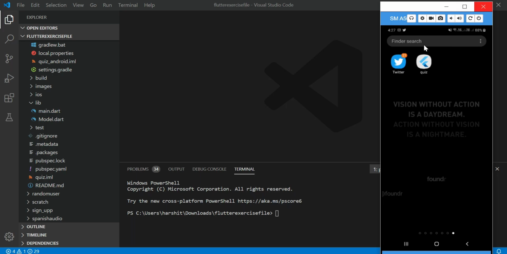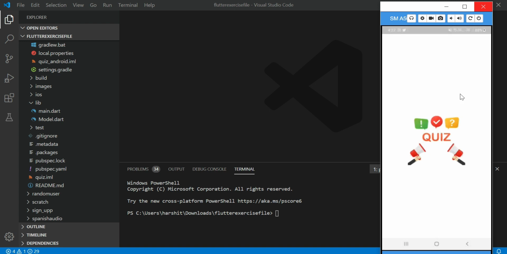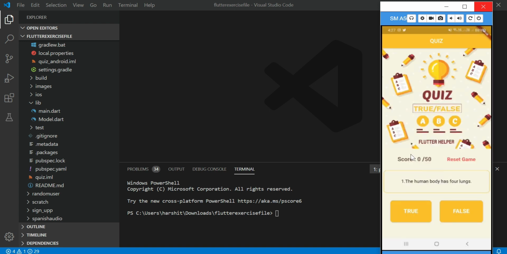In this video we learn how to build a fully functional quiz app. As you can see, in this app I implement a splash screen, and here the score of the game will appear, and a reset button. The interesting thing about this app is the snack bar. Look, when I tap on a button, a snack bar will appear with a message whether the answer is correct or incorrect. Look, how cool is this? So without wasting any time, let's get started.